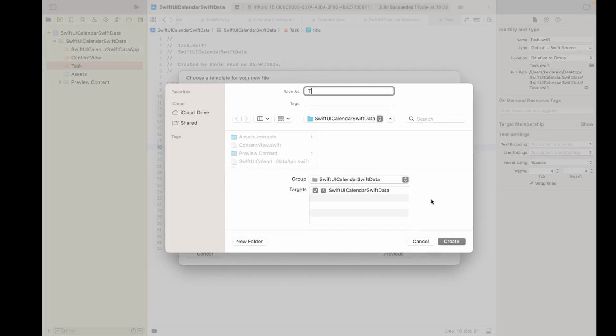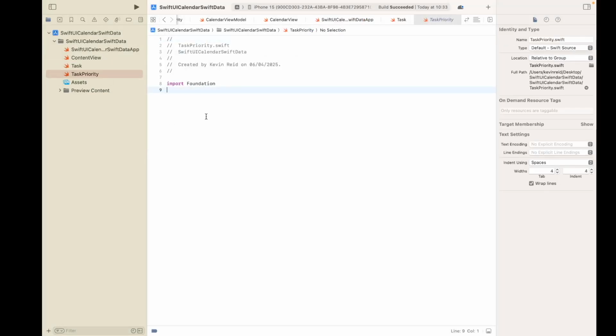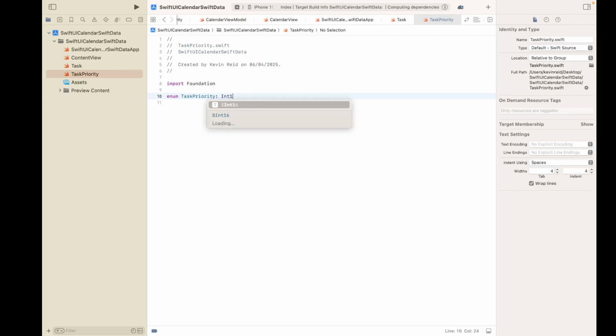Name the file TaskPriority. Add the following: enum TaskPriority, Int16,